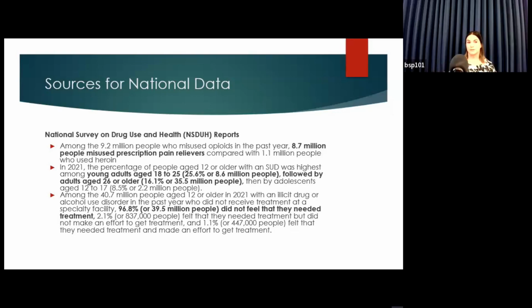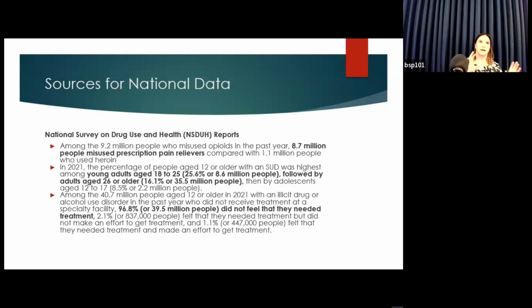And these were just some salient points from the 2021 data, which is not officially published yet, but some things I thought were really important. Of the 9.2 million Americans who misused opiates, so not necessarily have an opiate use disorder, but misused opiates, so, you know, kept some left over from their gallbladder removal and then used it for something else, gave it to a friend, borrowed grandma's, whatever. 8.7 million of those 9.2 were misusing prescription opiates, whether they were given to them or given to somebody else that they then acquired. And 1.1 million were using heroin or other non-prescription opiates.